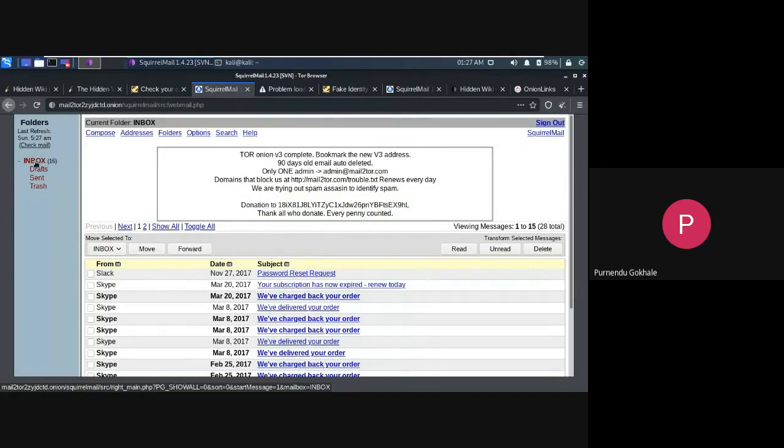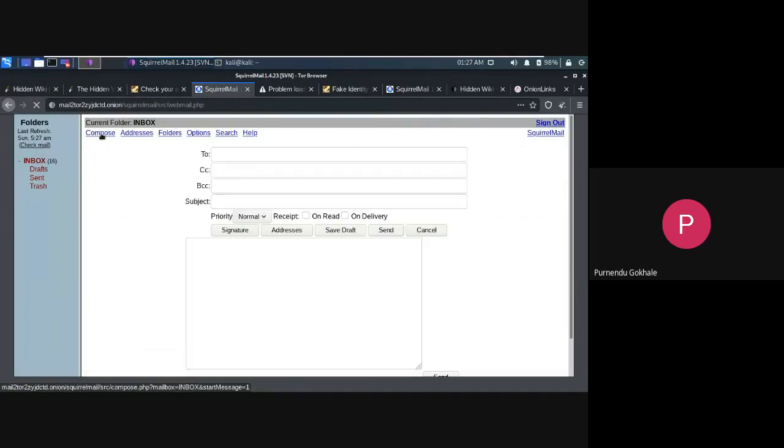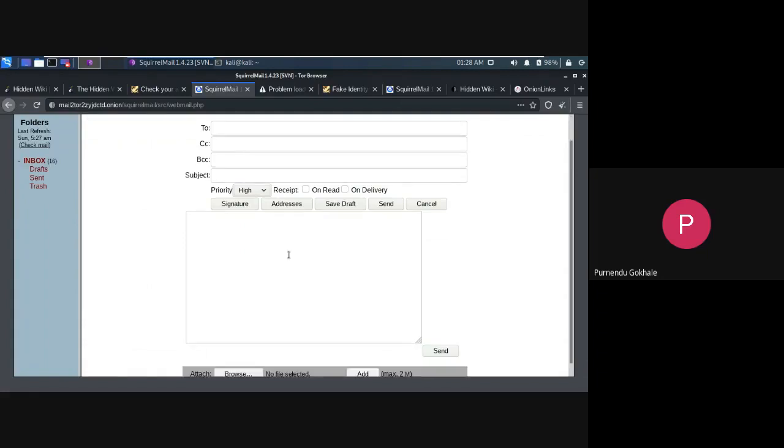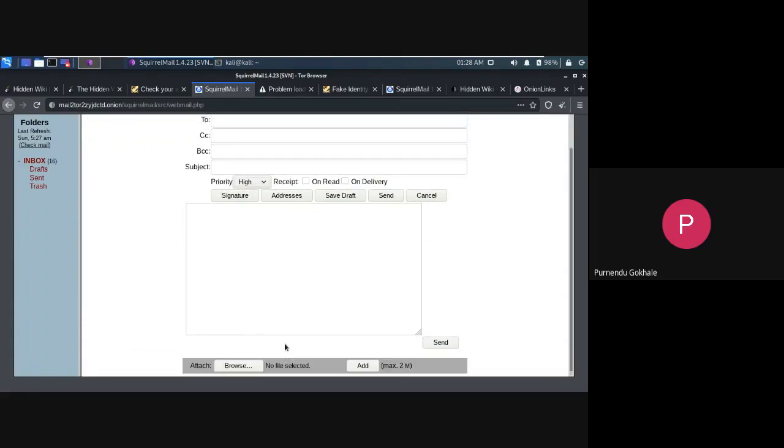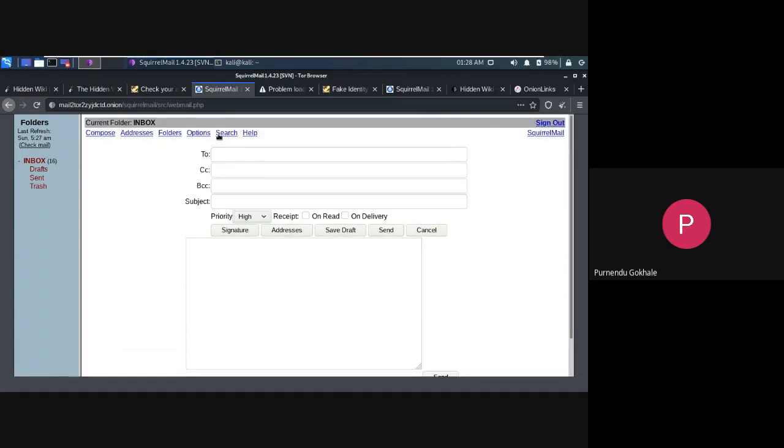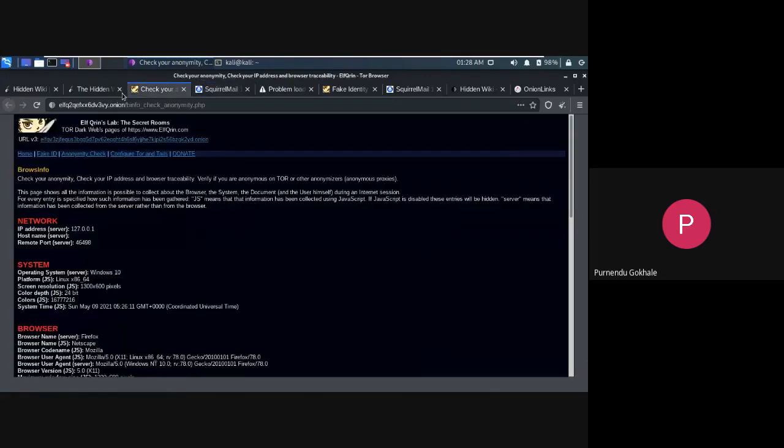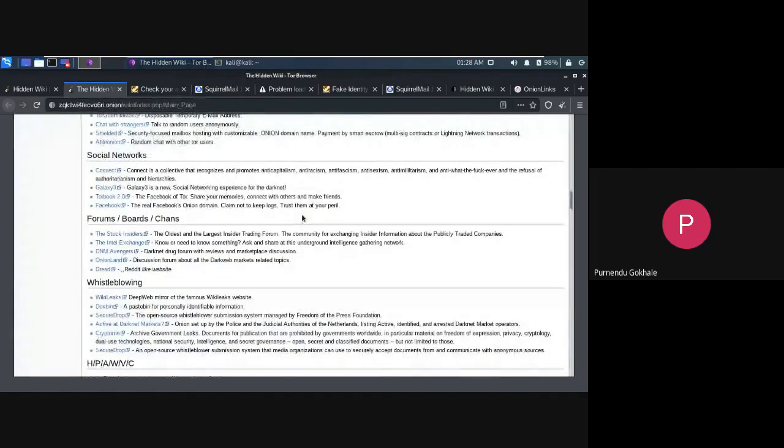If we go to compose mail, there are a lot of options here. We can set the priority high. We can give the read recipient on or off, inbuilt. In Gmail, if we have to see whether our email is opened or not, we will need third party software for that. But this mail browser has inbuilt features for all those things. Also, we can attach files and all that. So this is sending mails, and there are a lot of things there.